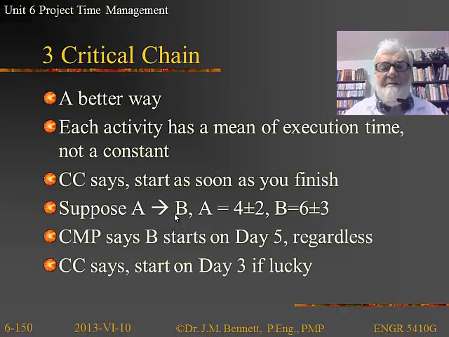The critical chain is the third way of doing things, pioneered by Eliyahu Goldratt. Oh, I've forgotten his name. But the idea behind this is really simple. If we've got two